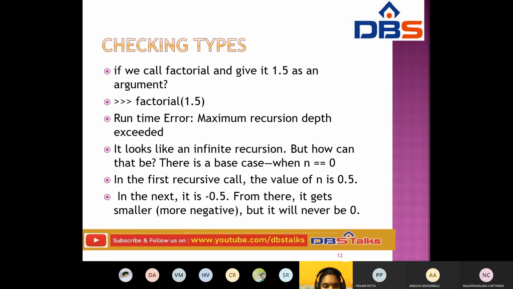Here, if we call factorial and give it 1.5, we have to check the type. Are we getting an error or not? Is there any error in our program? How to check, how to give the types, how to check types. If we call factorial and give it 1.5 as an argument, for example, if you take factorial of 1.5,